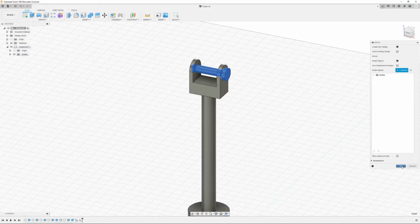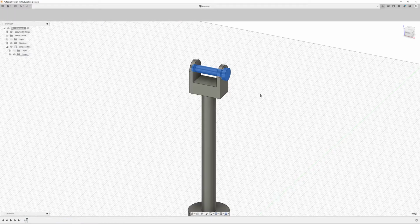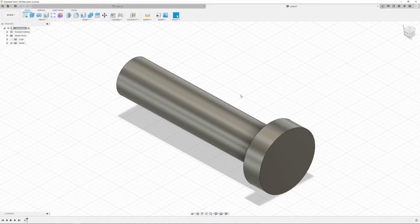So this is basically all I have to do for that. There we go. And if you notice down here, this is derived. And if I were to open this up, you notice this little...